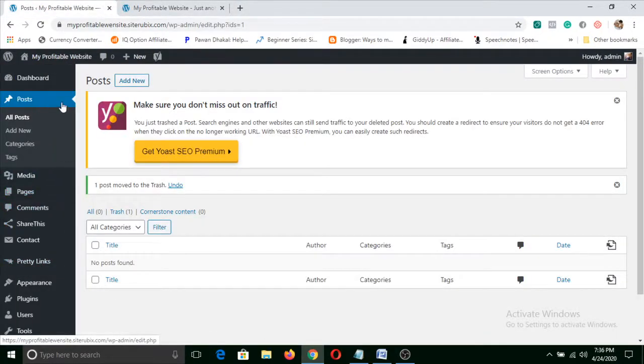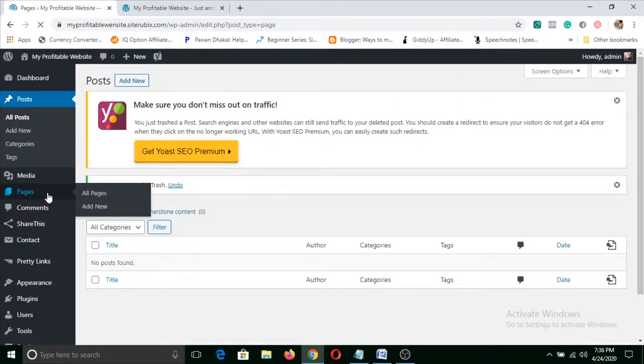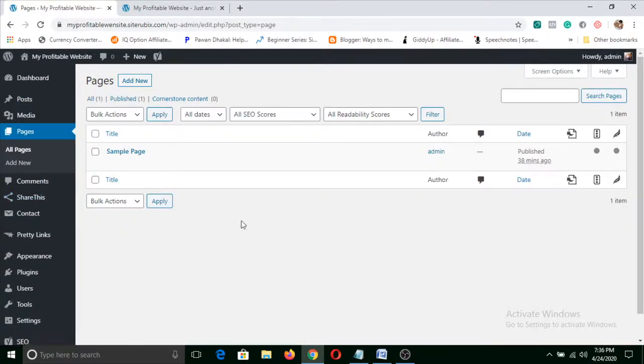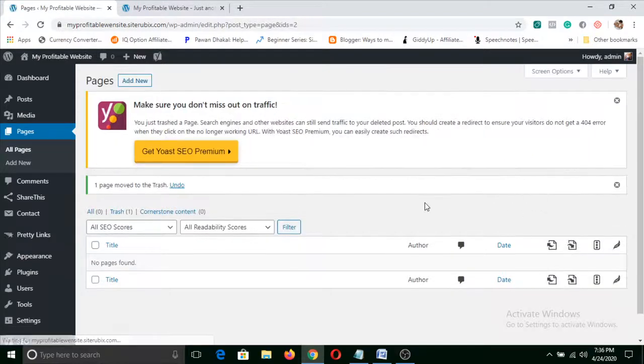Now after deleting the posts, you need to go to pages. Once you reach there, whatever pages are there, just click on trash and they will also go. Now you need to go to plugins.